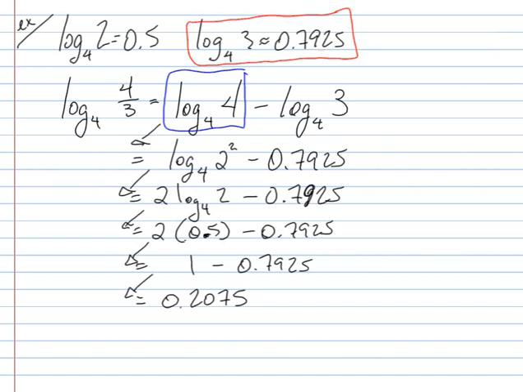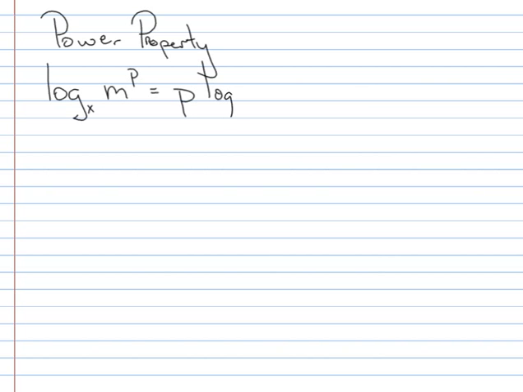Our last property we're going to look at is our power property. We've already talked a little bit and done a little bit with our power property. Our power property says that if I have the log base x of m to the power p, that is just equal to p times the log base x of m. Our exponent moves in front of our log. So an example here,